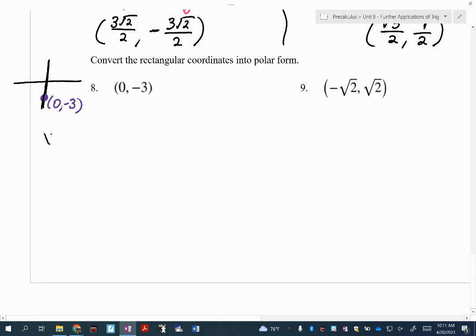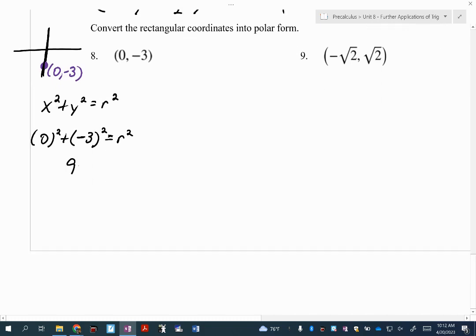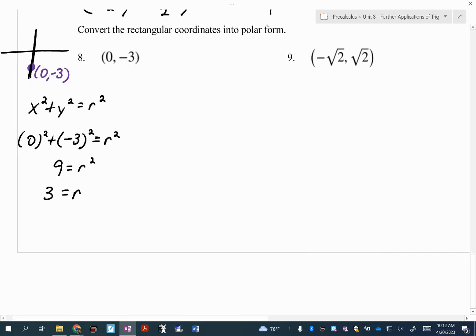The formula we use to find r is x squared plus y squared equals r squared. So you've got 0 squared plus (-3) squared equals r squared. All right, 0 plus 9 is 9. So if you take the square root, you get 3. Okay? Now, from there, to find our theta, we always do the tangent of theta is equal to y over